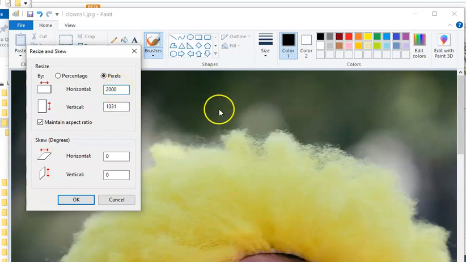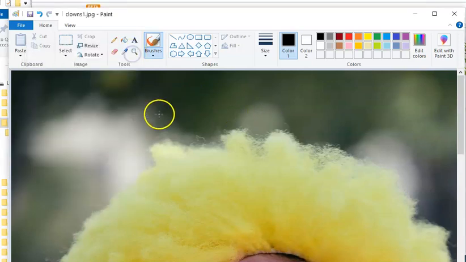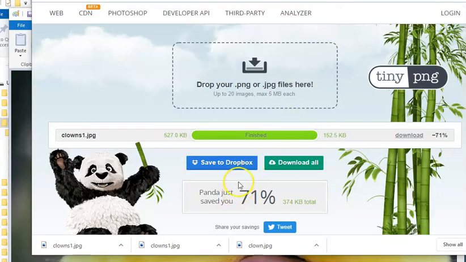So shrink it down using Paint. Once you get it down to 2,000 width, then throw it up onto TinyPNG and download the finished product. So I recommend after you send it to TinyPNG, take your original photo and rename it so that when you pull the new photo over, you'll have both pictures. Because then, now that I'm thinking about it, let's go ahead and open up